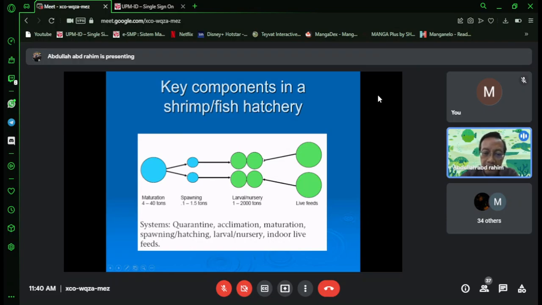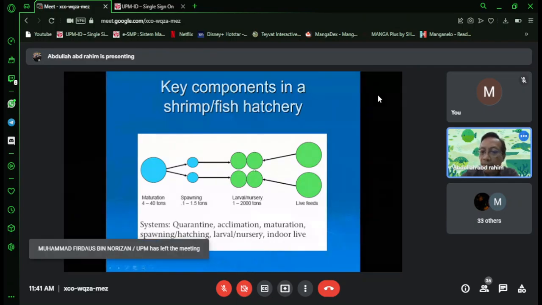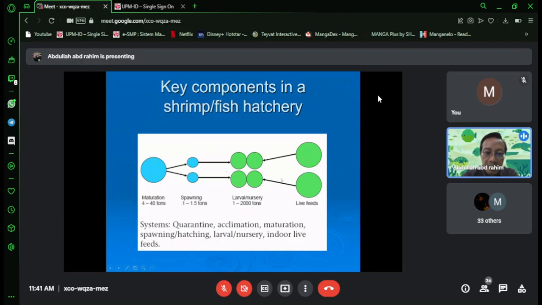So you add the live food to this larval nursery tank, and then you will grow it or nurse it until a certain stage before you take it out from the hatchery or from nursery and take it to the grow out pond, grow out tanks, and so on. Okay, so remember the key areas here: maturation of broodstock, mating happens, eggs fertilize, they spawn, okay, production of eggs, hatch, you transfer the eggs to the larval or nursery